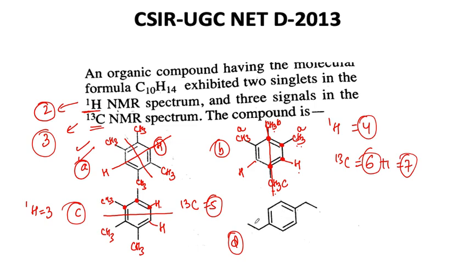So as you see, there is no sigma plane, we cannot put a sigma plane over here because the methyl group should point downwards, but here it is different. But we can say that we are having a C2 axis passing through this molecule, and if we do the 180-degree rotation, both of these ethyl groups that we have, these are ethyl groups, right? So these are going to be the same.